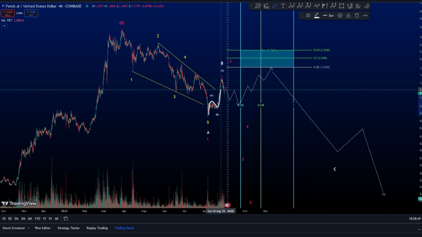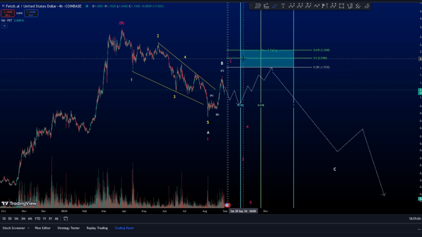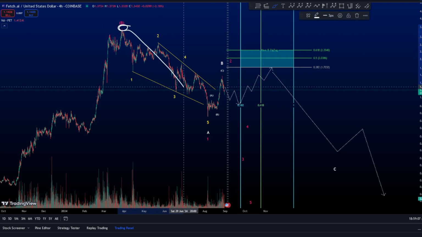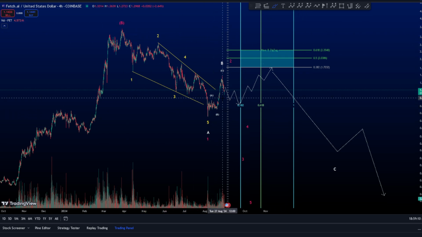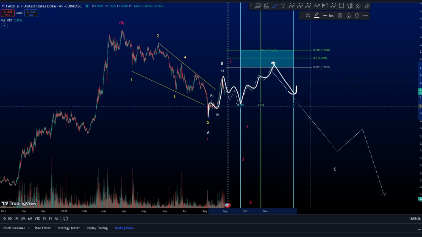Now, why these 3-wave corrective waves are not really enough to say, okay, this is a finished wave B, because the wave B Fib time should be, or preferably be, in this zone of timing based on the start of the A and the finishing of the A. Therefore, we are looking at a wave B here with 3 waves, A, B, C, and then we are looking down for A, B, C as well, and then 5 waves towards the upside, hitting perfectly this preferred box,